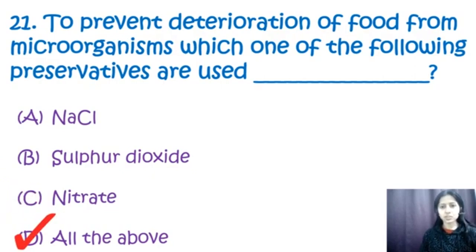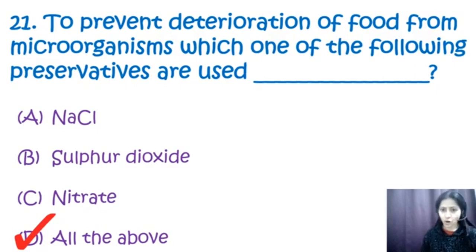So, to prevent the deterioration of food from microorganisms, preservatives are added to the food products. These preservatives, or food additives, play an important role in making the foods last longer or taste better. Especially, these preservatives are used to control the microbial actions which take place in the food products. So, they provide protection from